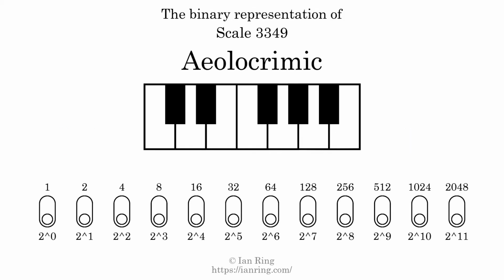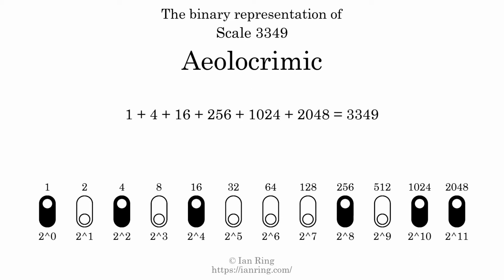The binary representation of this scale is determined by mapping tones of the scale to binary digits. Each binary digit represents a power of 2. To get the scale number, we add the powers of 2 together. The powers of 2 that are present in the scale, all added together, equals 3349. That is why the scale number, in decimal, is